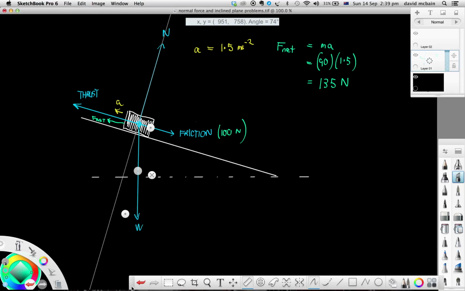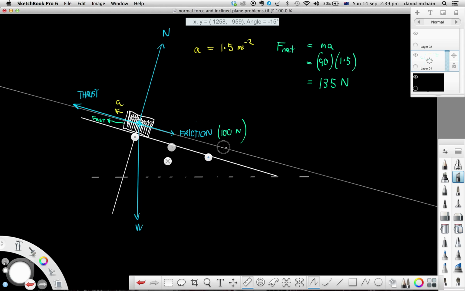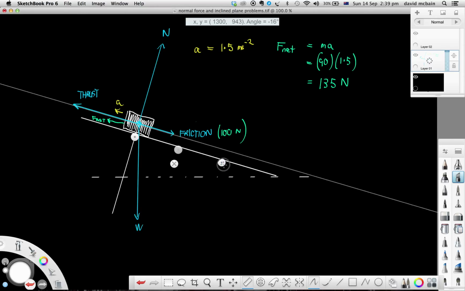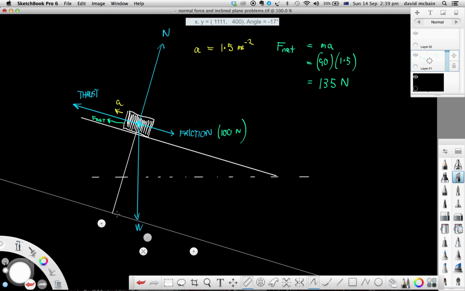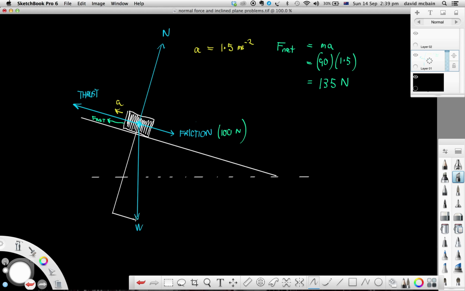So I'll go with white, I think. So there's the component acting parallel. There's the component acting perpendicular. This is the parallel component here. And those two components,